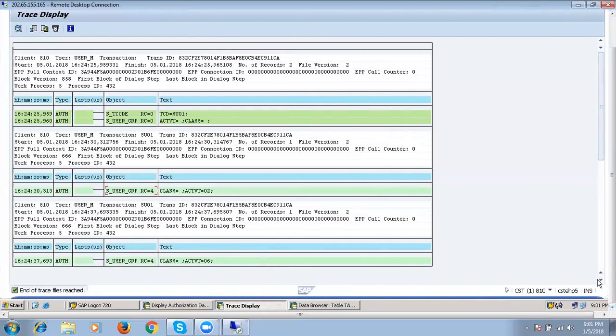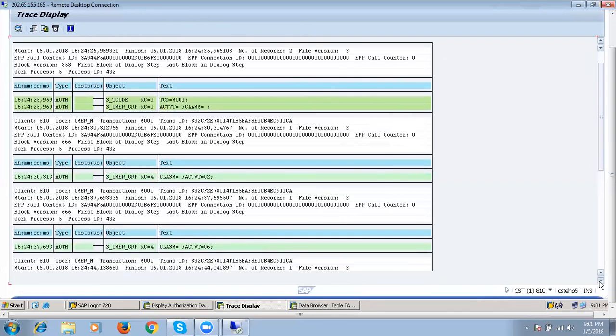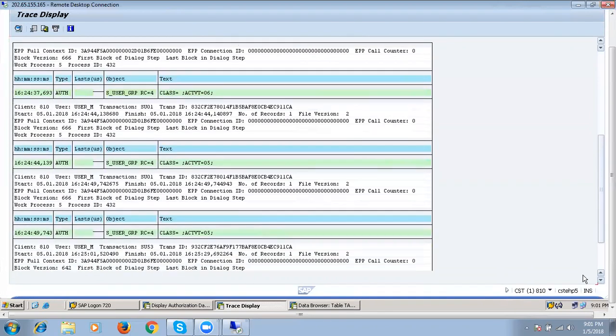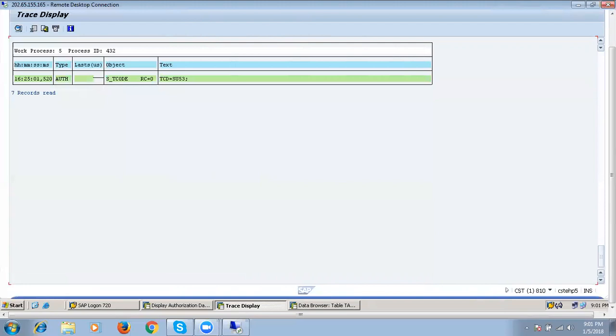If you go down, see again activity 05. Again for activity 05, return code 4. This is for lock and unlock. And again 05, this is for changing password. Return code is again 4. If the return code is equal to 0, successful. If the return code is not equal to 0, that is missing authorization, authorization failed.